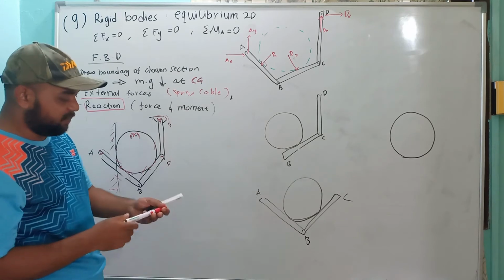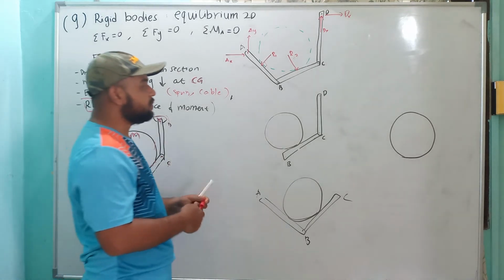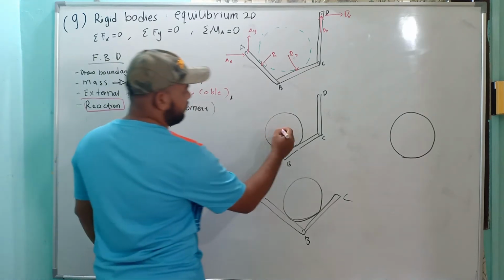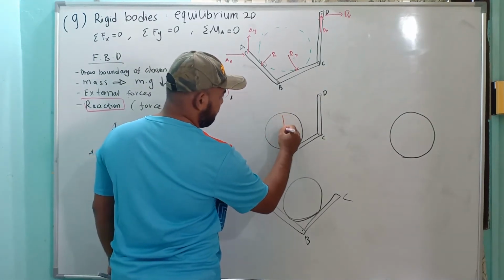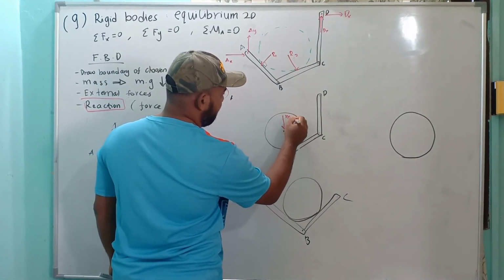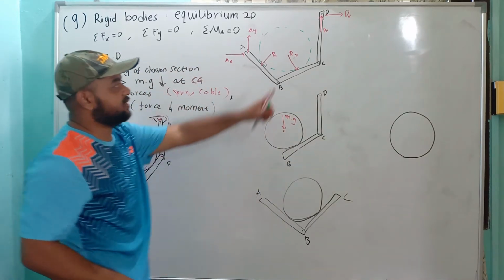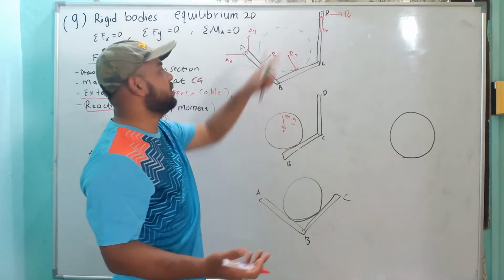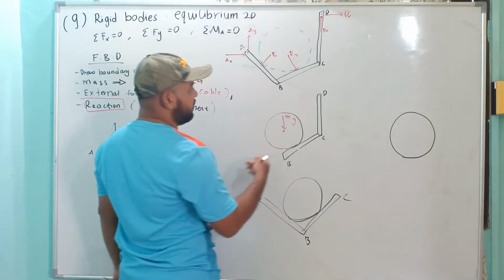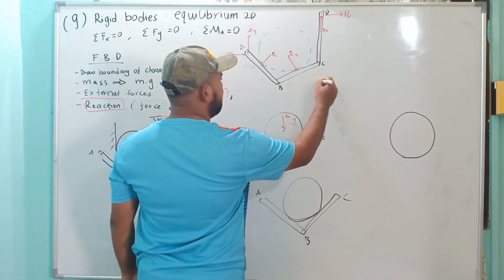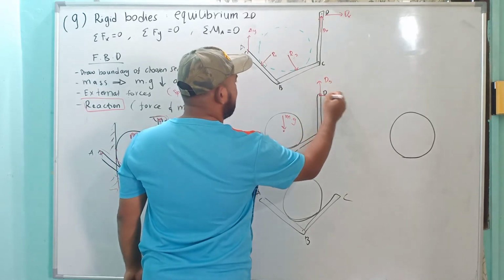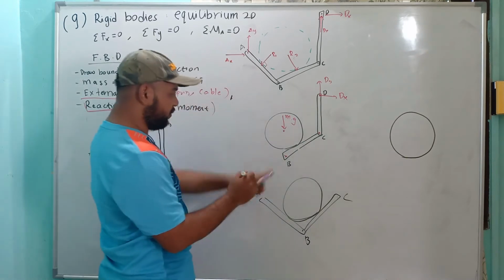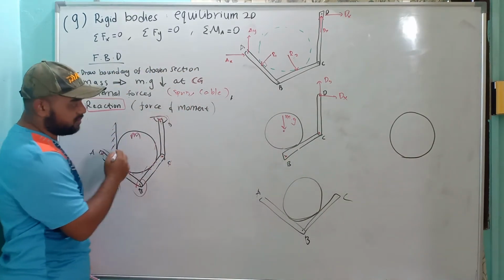Okay, so second part here, the ball has mass. So at the center here you have mg downward. Here there is no ball, so there is no mg. You didn't take that ball, so there is no mg. Okay, mg downward, and then we have reactions. We open here, so Dy and Dx. Here nothing is open, here nothing is open. Here we open one, at B, so you should have